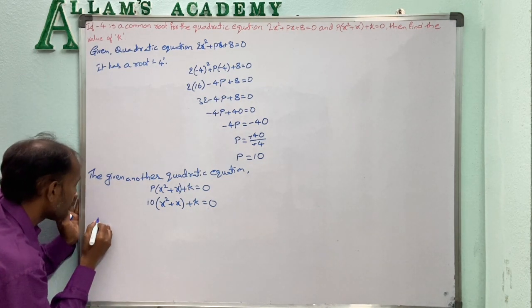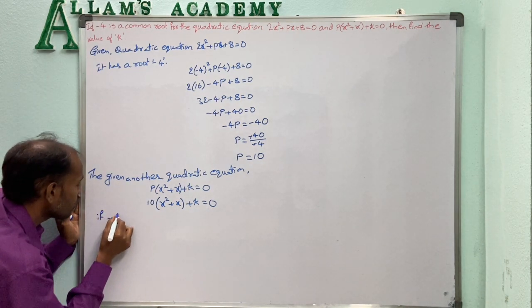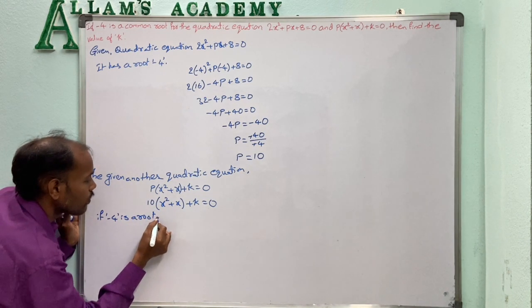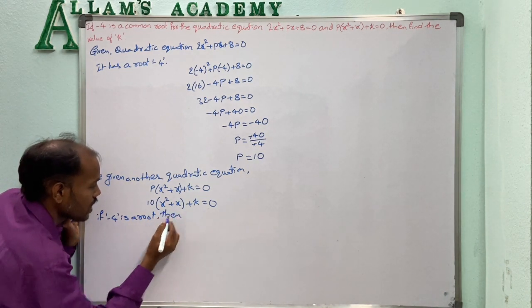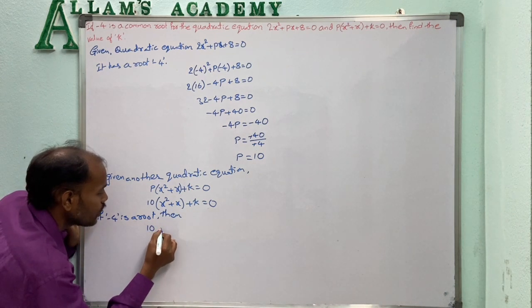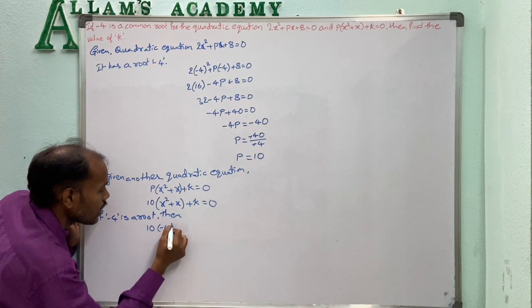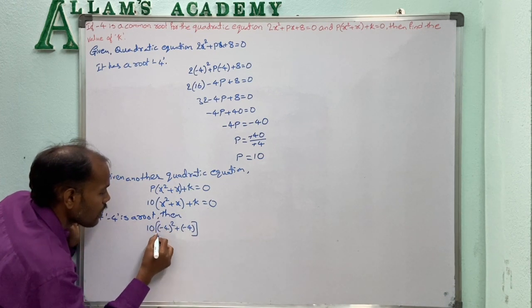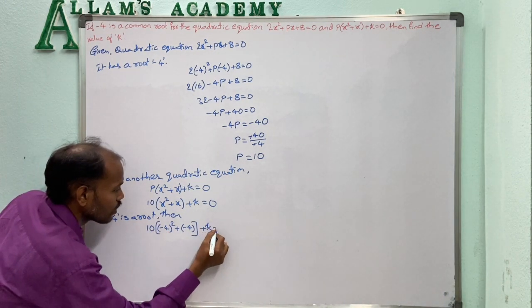So if minus 4 is a root of this quadratic equation, then 10 into minus 4 whole square plus minus 4